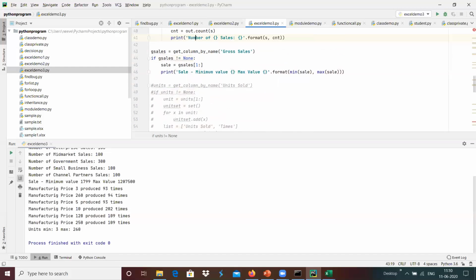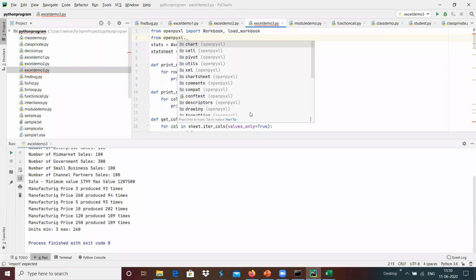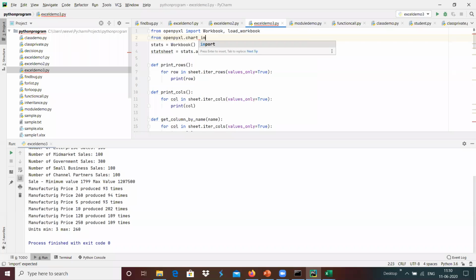And for this, maybe I'm going to import from openpyxl. Import openpyxl.chart.